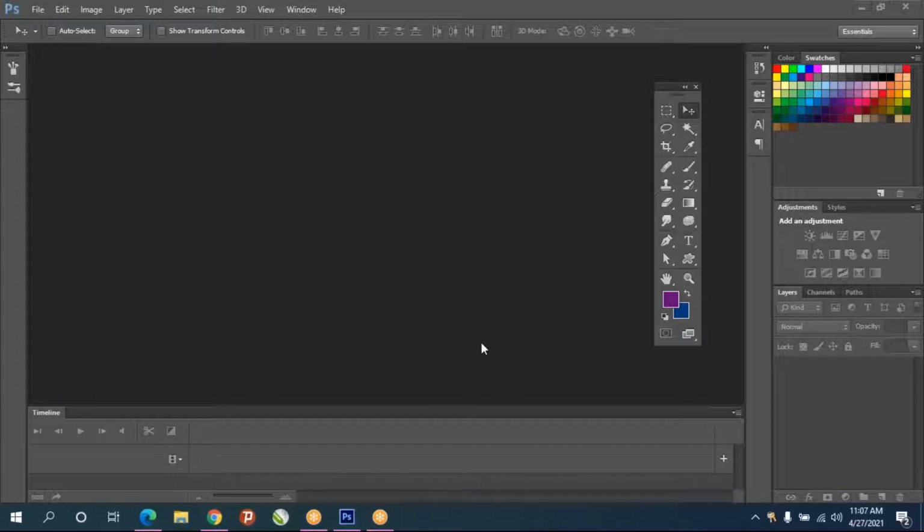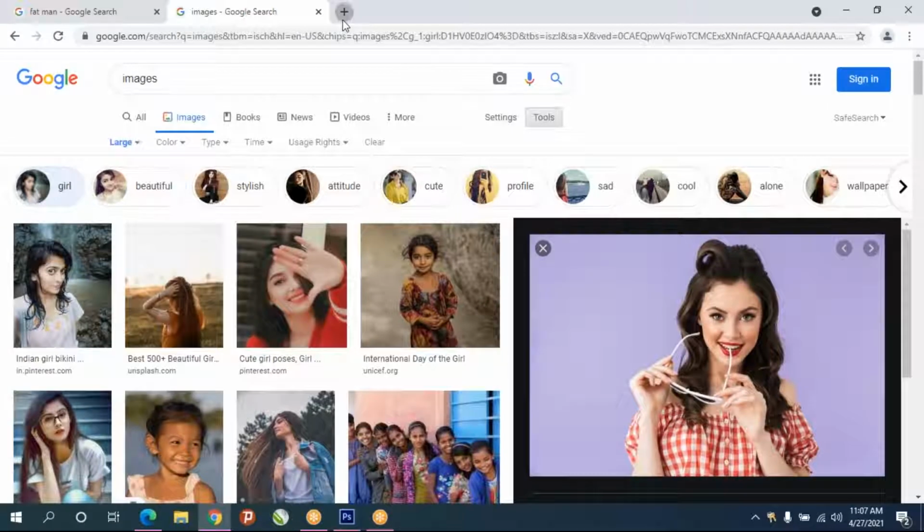Okay, today we're going to learn how to create GIF images and some other concepts also. First, we are going to see how to create a GIF image. You know what a GIF image is?